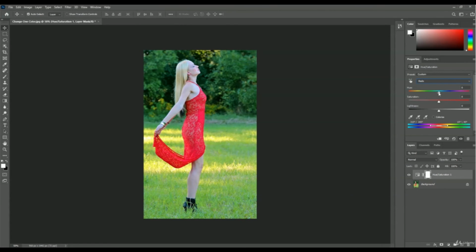So let's take a look. Let's make it pink first. Okay, cool. We have the pink dress, we have the purple dress, and we have the blue dress. And you can take a look, the entire background is still the same as before, and now we only changed the dress color. So this is how you will change any specific color in an image using hue and saturation